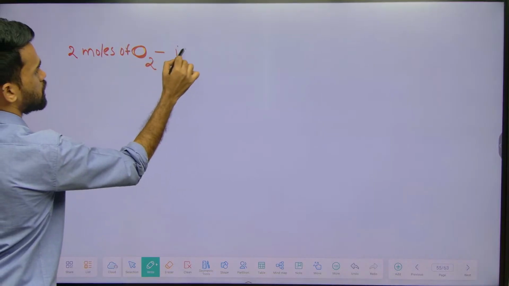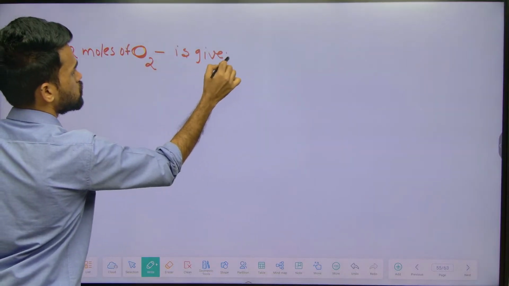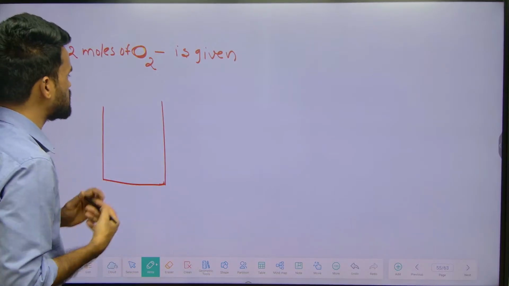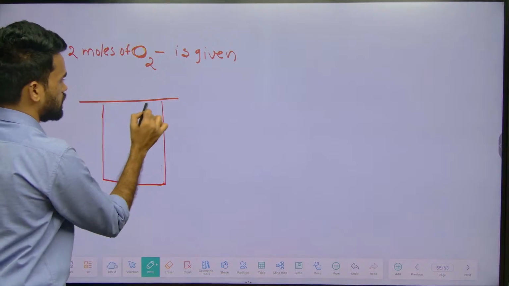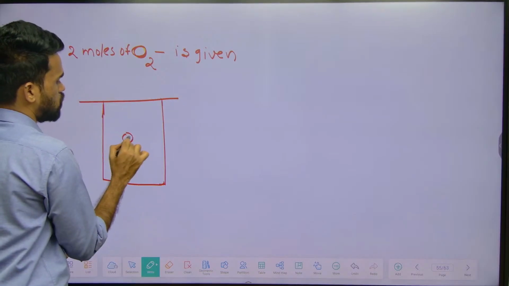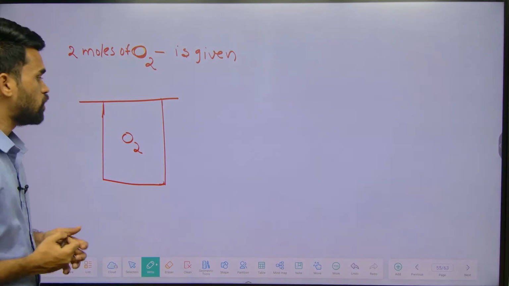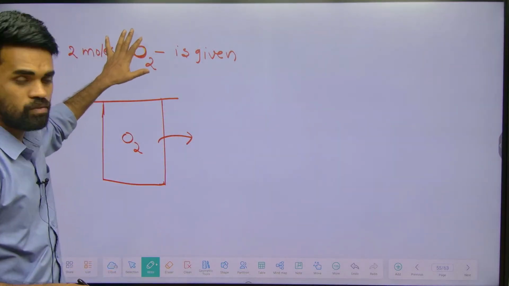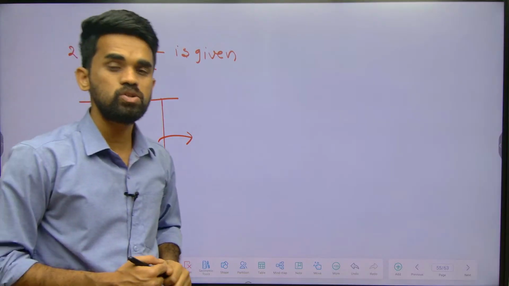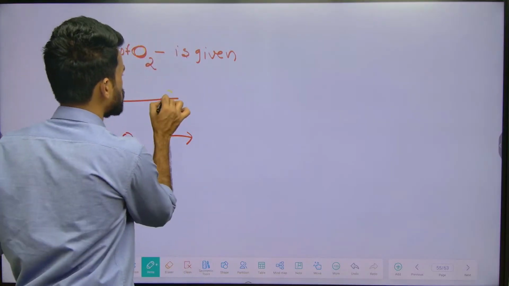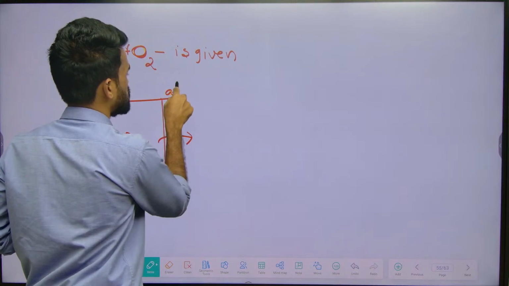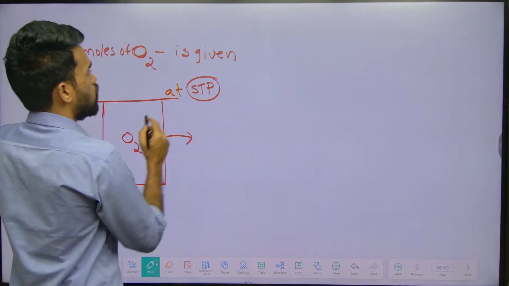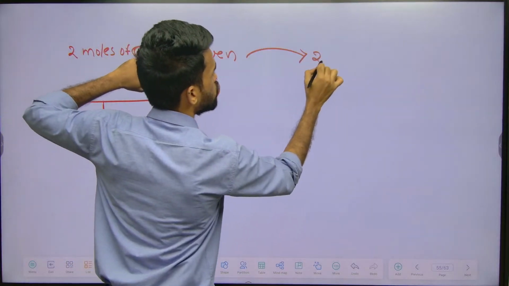oxygen is given. Oxygen is a gas only, no? So consider it as an ideal gas, present in this container. Now what is the volume of this container? Oxygen gas occupies a certain volume at STP condition. I will tell you what we mean by STP condition. At this STP condition, O2 gas occupies 22.4